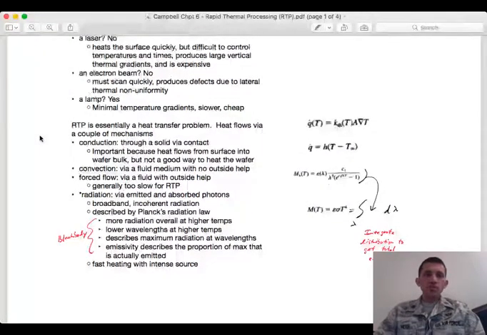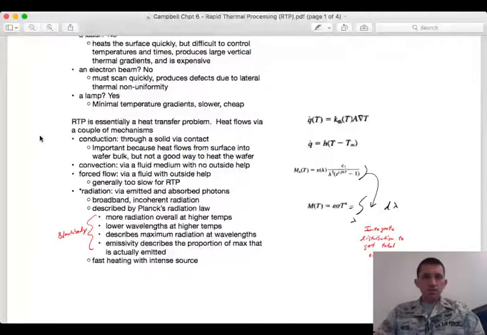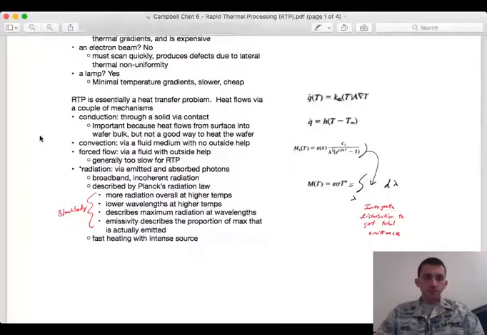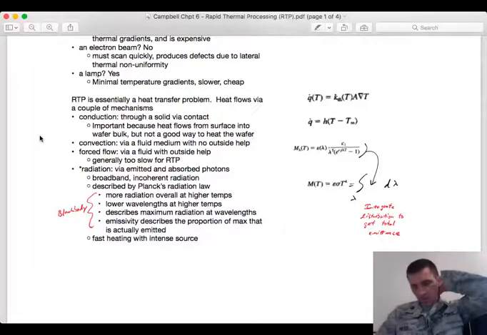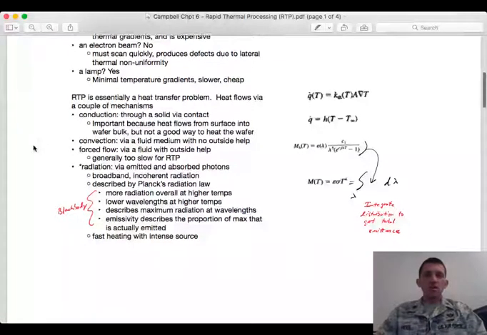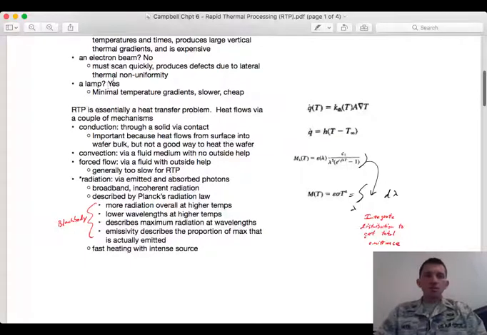And so if you're going to use a lamp as a heat source, and considering rapid thermal processing as a thermal problem, it's all about the heat transfer. And so in any heat transfer problem, you have a couple of mechanisms for heat to move around. There's conduction, convection, free convection, forced convection, and then radiation. And so the lamp will lend itself to certain of these mechanisms, but just by way of review,